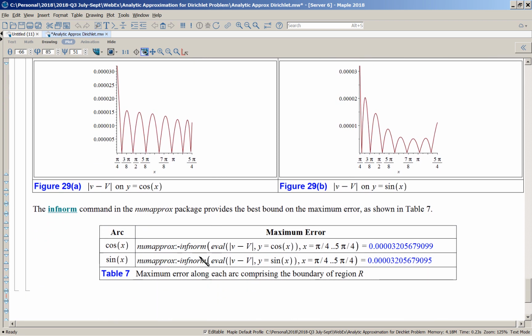And then using the infnorm command, you find out that the worst error is on the order of 4 zeros here, 32. Amazing